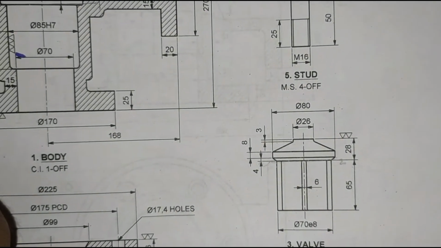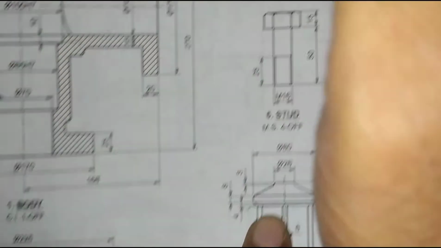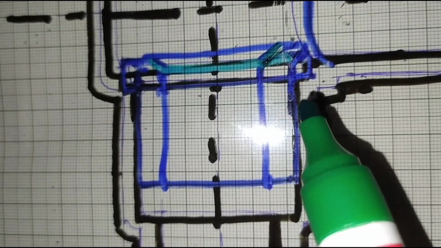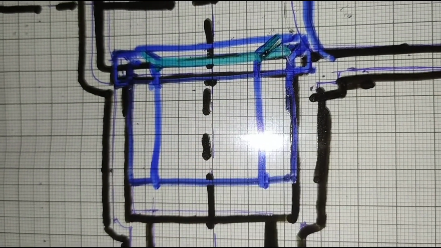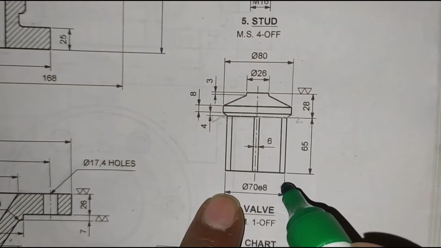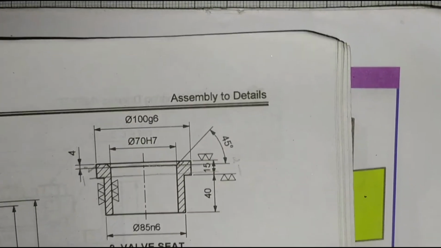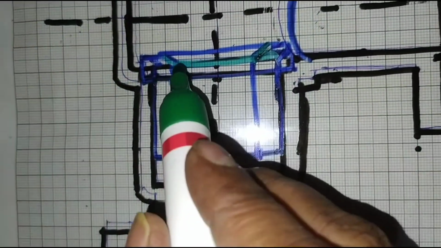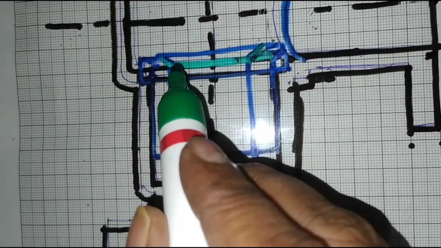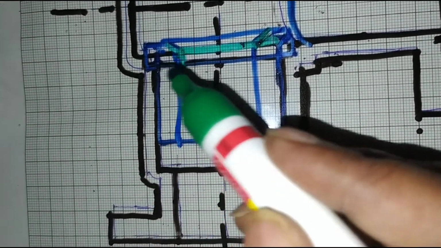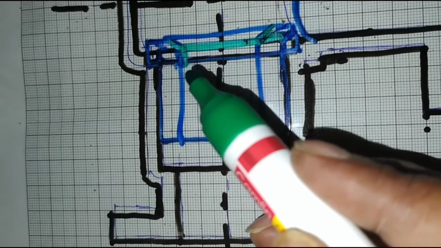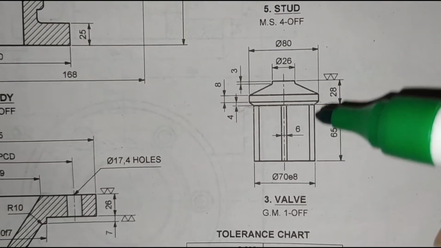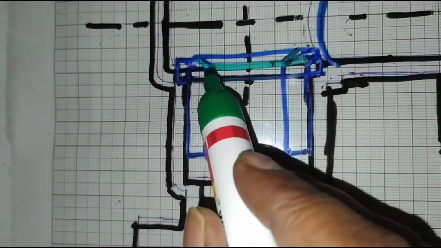So I will draw the same figure at this point. This is the line where we have given the extension. Okay. Here is 70 mm. The same figure I have to draw here. What is the bottom distance? 65 mm. Just add from this line, mark it as 65 mm. 70 mm is common, so I will just extend it here.